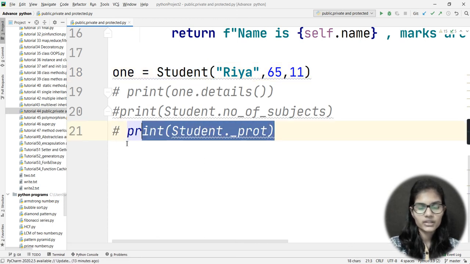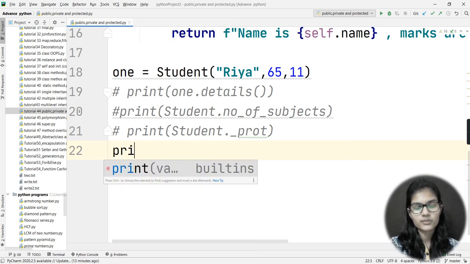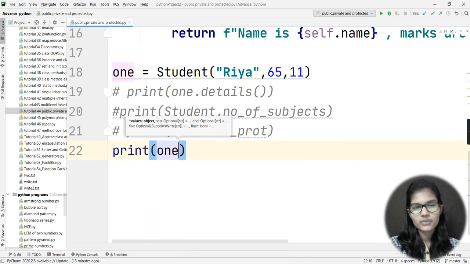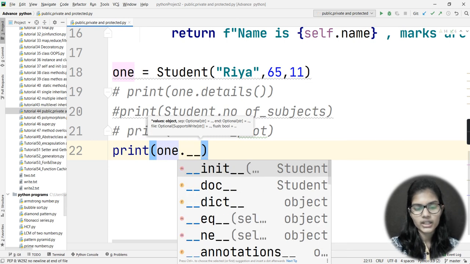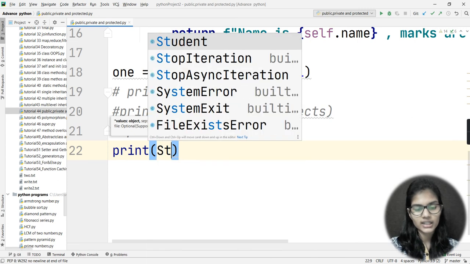Now what happens if I try to access a private variable? I will simply write out the print statement. Private variables can be accessed with the help of the class, right?